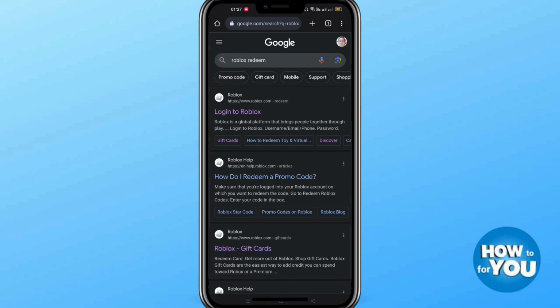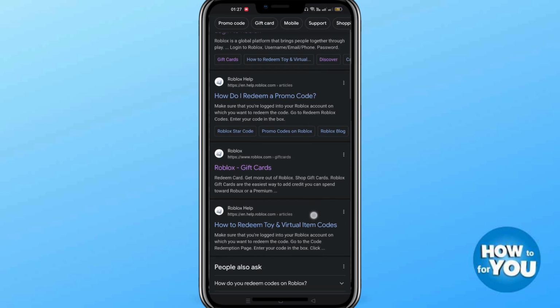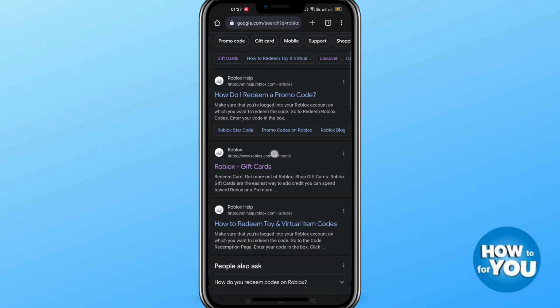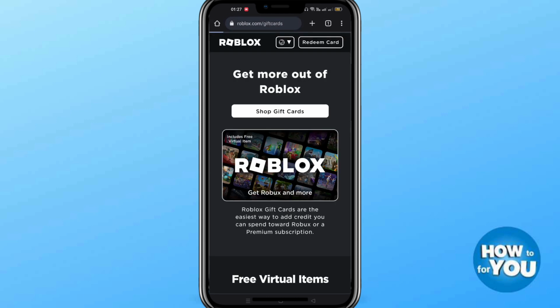redeem. It's like this one. And then look for the Roblox gift card, like this one. So just click this one and you'll be routed to the Roblox page on how to redeem your gift card. On the upper right side, you'll be able to see Redeem Gift Card. So just click this one